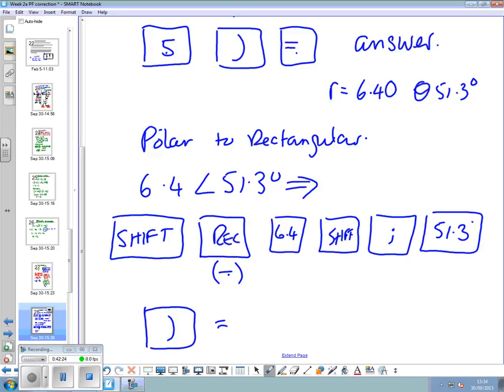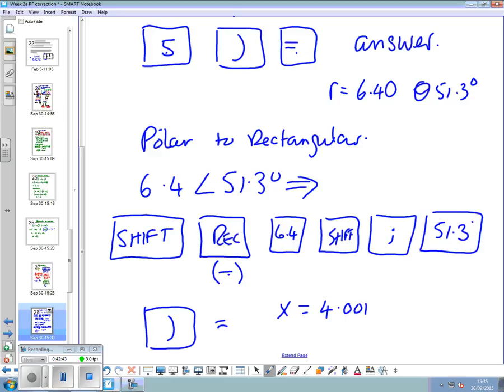Shift rec, 6.4, shift comma, 51.3, equals. We get x equals